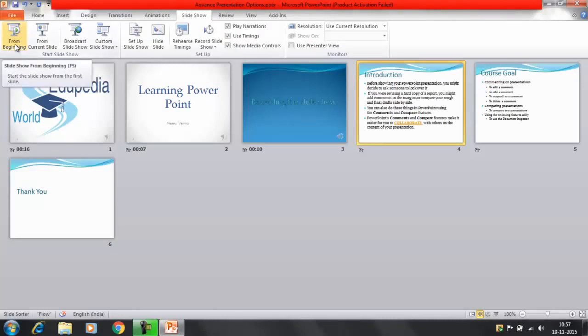Okay, so in this way we have found that the narration that has been captured with all these slides. It's showing you the timing also, like for the 16 seconds, then for 7 seconds and for 10 seconds again. These speakers means you can see the audio icon on the right hand side bottom of the screen. It means that we have added the narration on these slides also. We have customized only first three slides. Slide number 1 is having the narration as well as the animation and everything we have recorded for 1, 2 and 3 slides. After that there is no narration added to these.